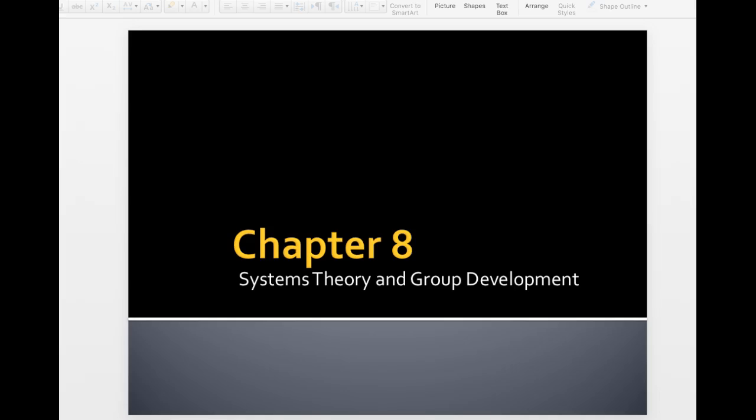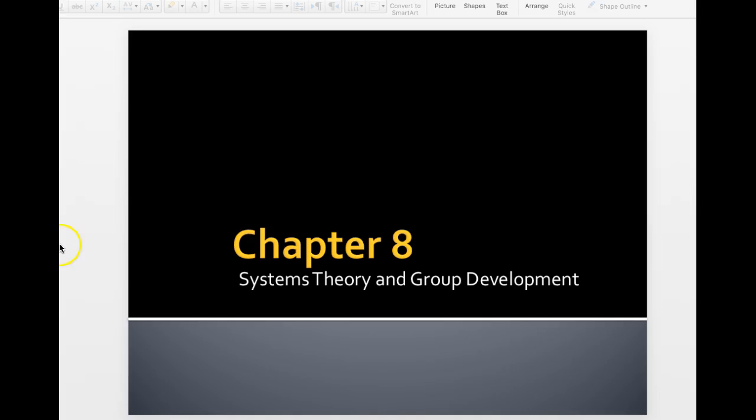This is a great time to be talking about groups because you just took your first test in your groups, and you'll be doing your service project here in the next little bit. And so this is some of the theory and terminology that you need to know as you're working with groups.